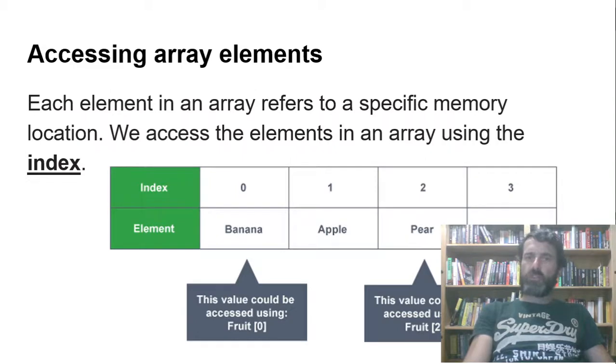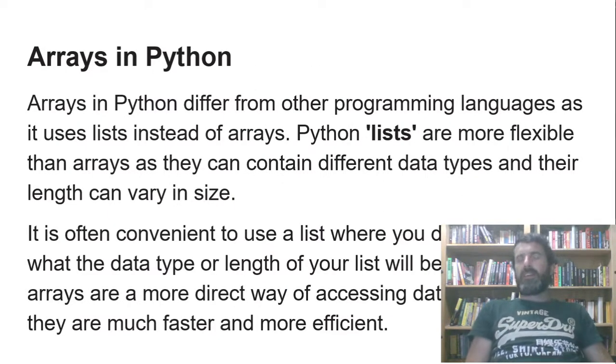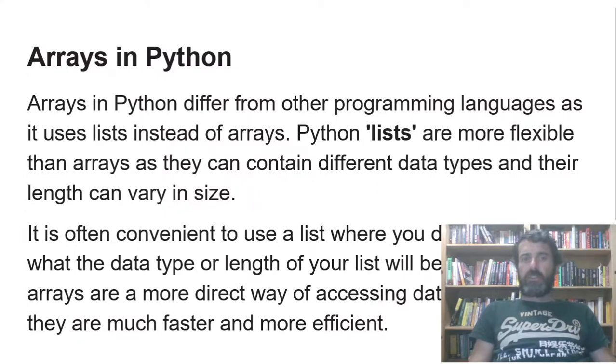And then just a note on Python and arrays: Python doesn't use traditional arrays, it uses a data structure called lists, and these lists can grow and they can hold multiple data types, for example ints and strings and floats all combined, which is slightly different to